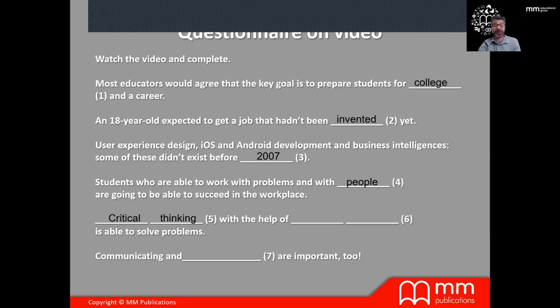Well, critical thinking with the help of creative thinking is able to solve problems, okay? And finally, the last one, communicating and collaborating are important too. Communicating and anybody want to give it a go? Collaborating, yes. Very good. Okay, excellent.